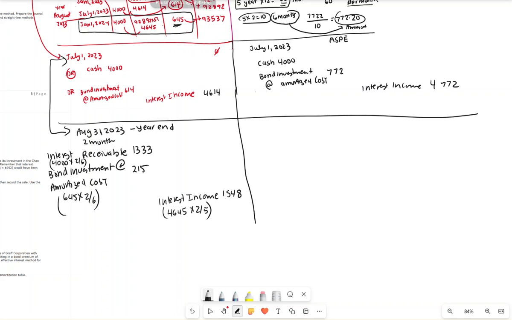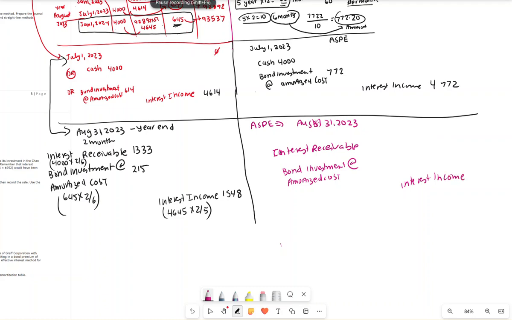Now I am going to do the entry under ASPE for my August 31st 2023 payment. So I will have an interest receivable. The only difference here is just remembering that we have a straight line and effective. We have a bond investment at amortized cost, and we have interest income. So again, 4000 was my cash payment, multiply by 2 over 6. That will give me